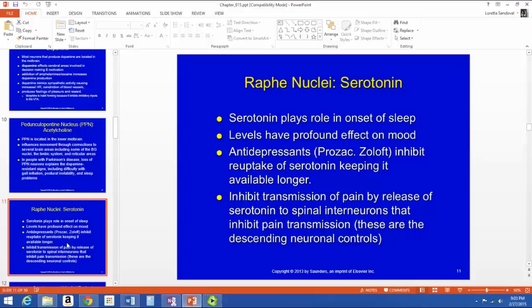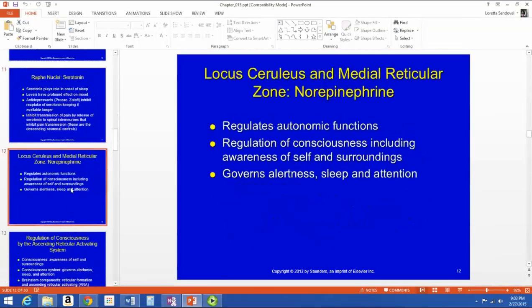So these are the descending neuronal controls that we talked about in the anti-nociceptive model. The raphe nuclei produce serotonin, which then goes down and has that neuromodulating effect to inhibit pain transmission. The locus ceruleus and the medial reticular zone produce norepinephrine, which regulates autonomic functions, helps regulate consciousness, including